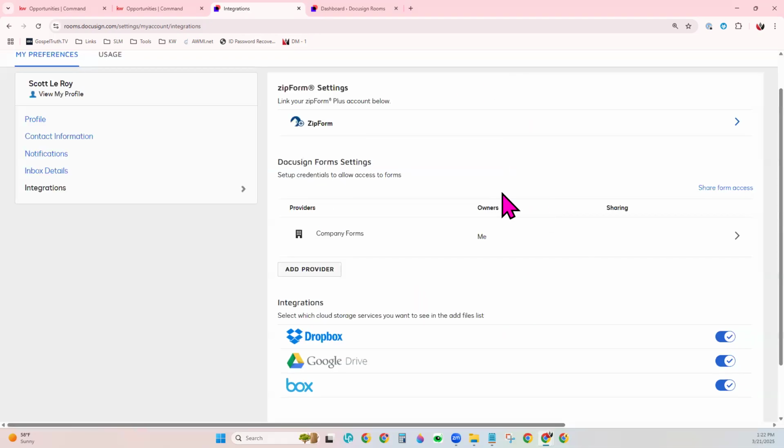I know I paused for questions, so let me just start fresh here. We added our company forms. We integrated our market center forms. And now we want to integrate our MLS or our board forms. And you would just click Add Provider,